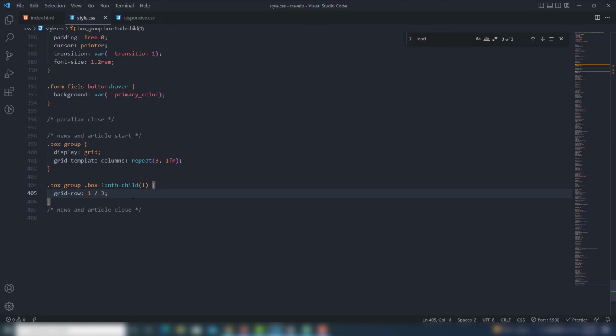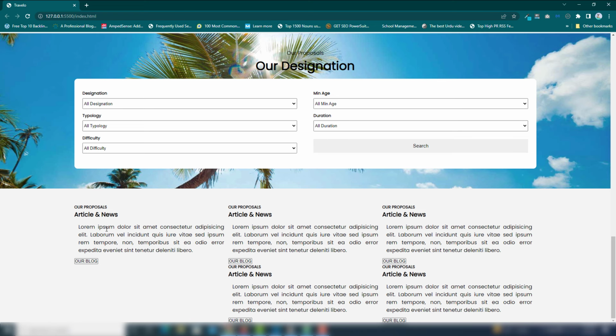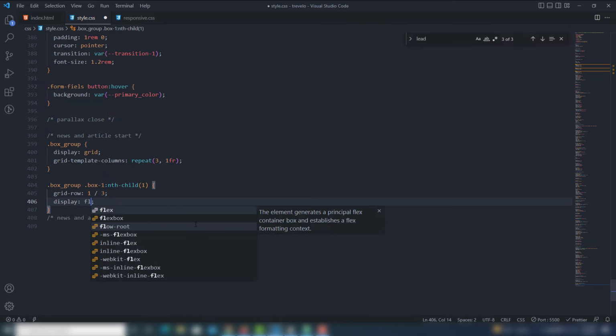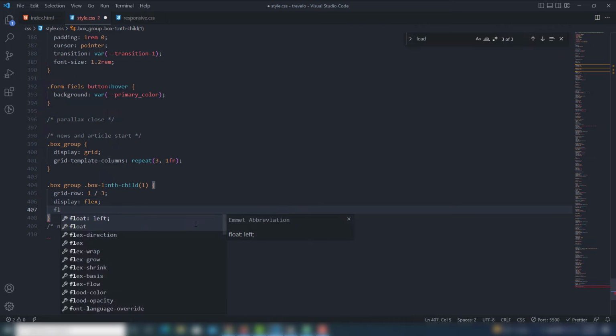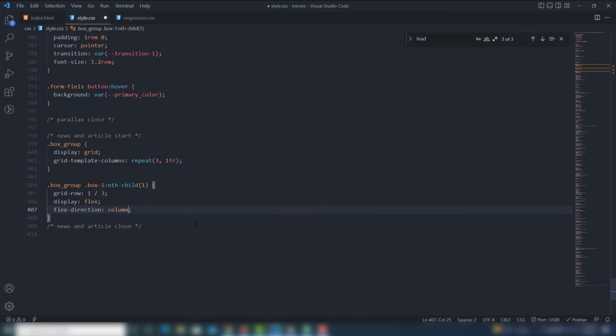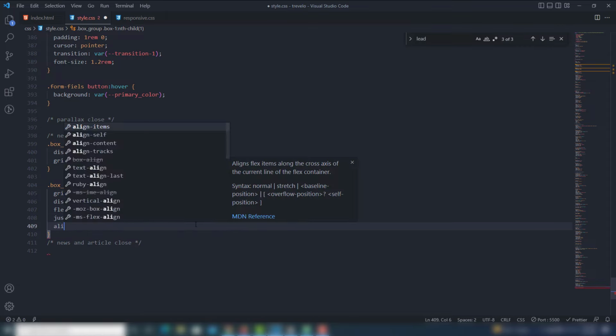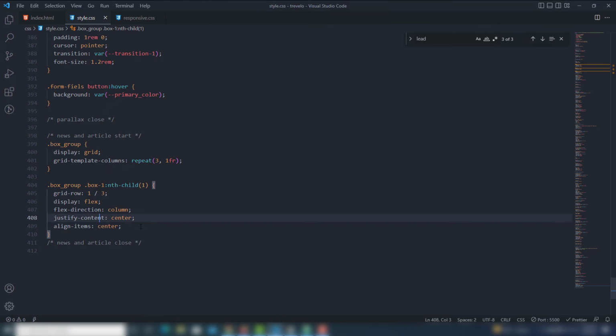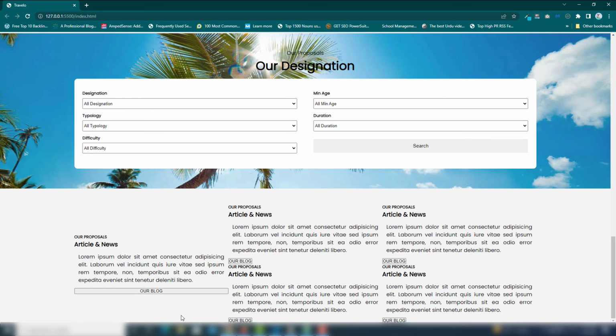Perfect. Then I want to display the complete content in the center. So I need to use display flex. Flex direction will be column, justify content will be center, align items will be center. Let's see, but I'll leave the align items, I'm just going to check that. Perfect. As you can see guys,